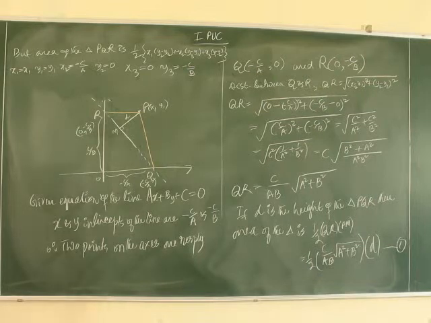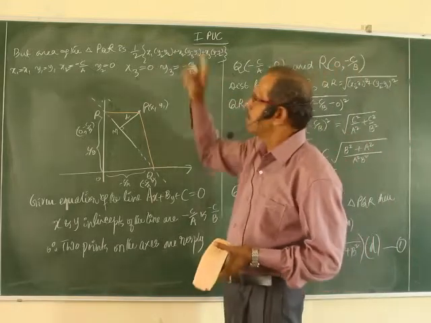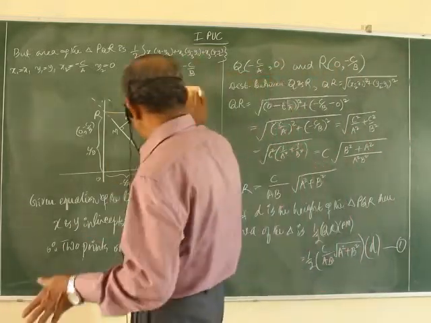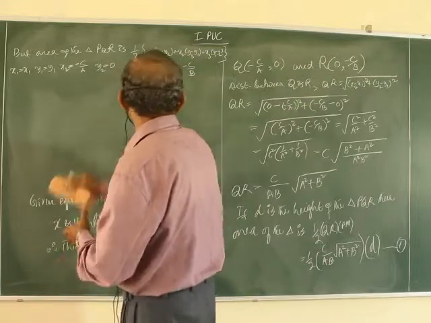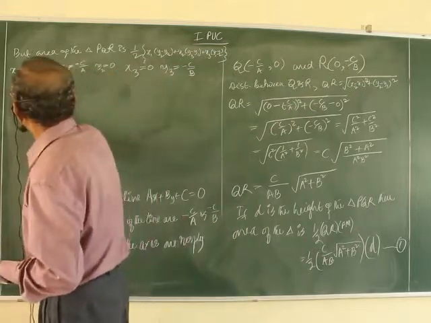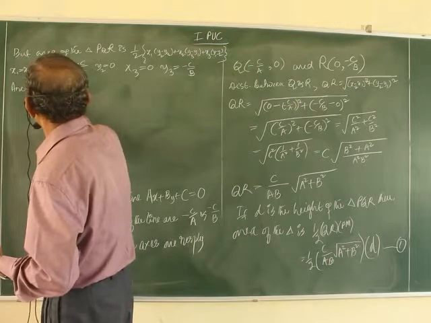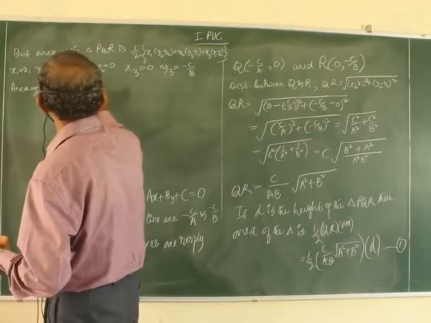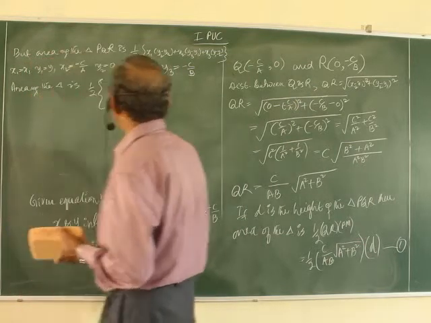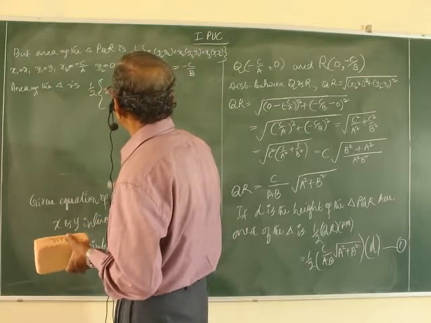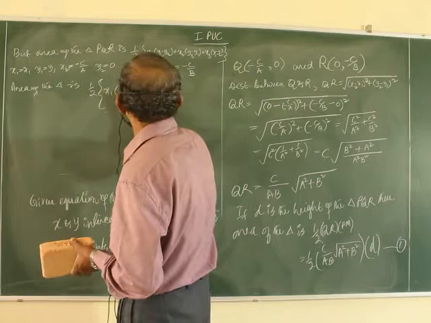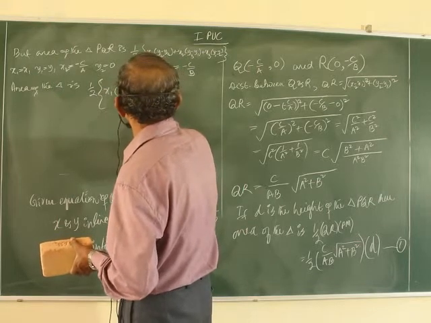Calculate again the area of the triangle using the second method, this formula method. Let me erase this one, there will be no space. Area of the triangle is half into x1 as it is, y2 minus y3